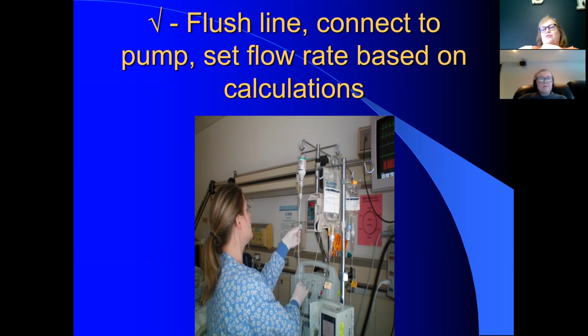Even if you think, oh, that's a short distance to get from that port into the patient, it may take a little while. It may take several minutes to get there. So you have to hold your breath for a minute and also know, okay, I'm starting at that range, but I'm expecting I may be able to go down in that, or I may have to go up. So you're going to be cautious and judicious,